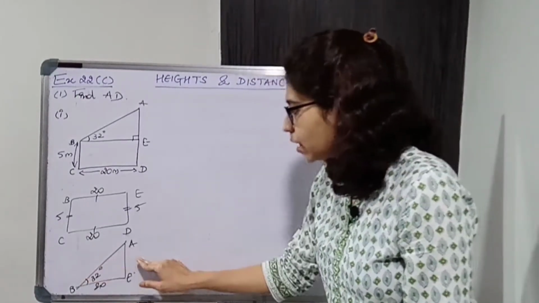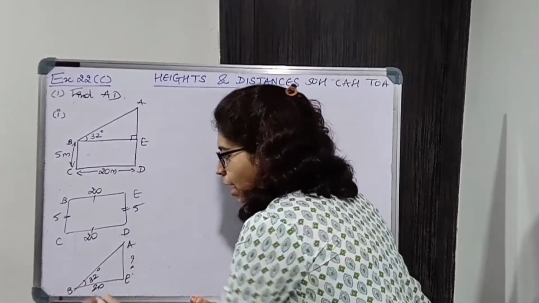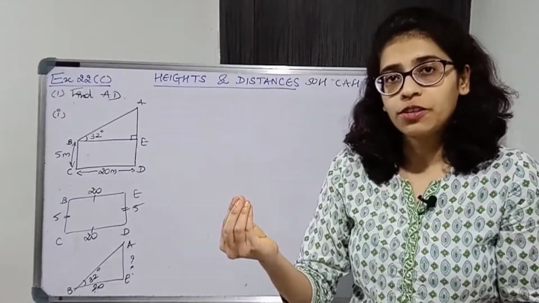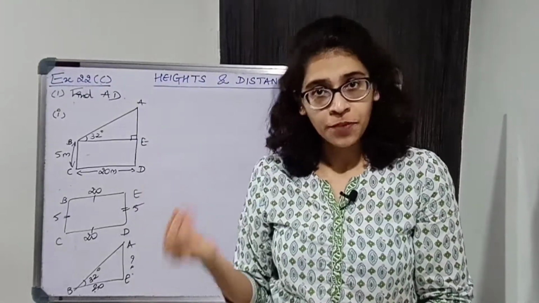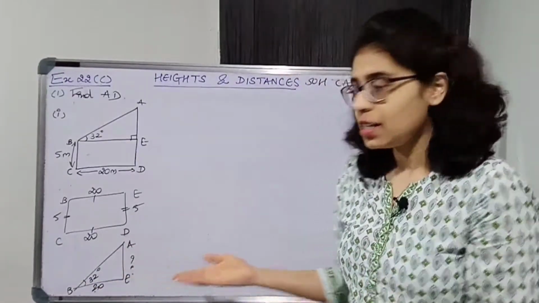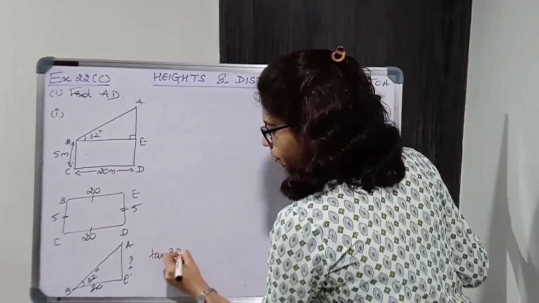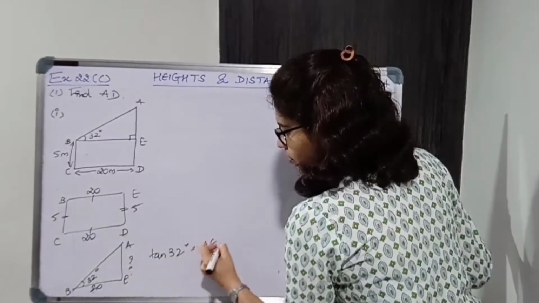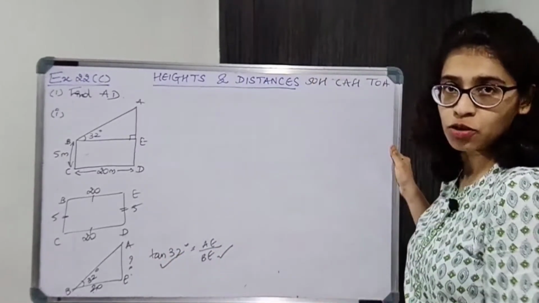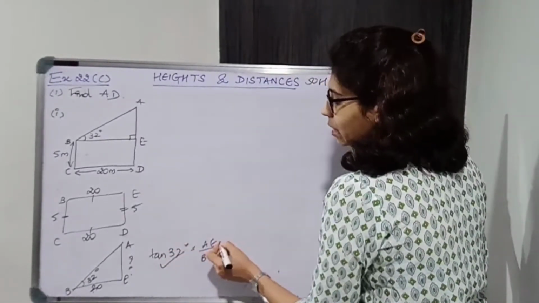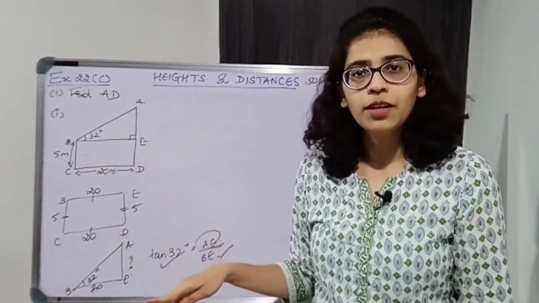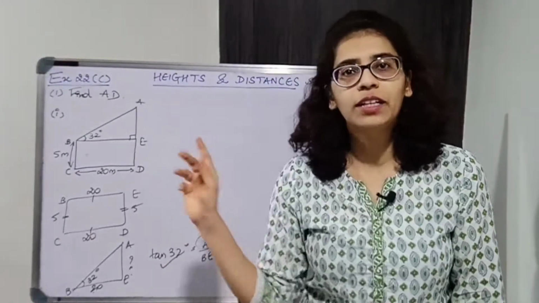Now we have to find the opposite of the angle and we know the adjacent. The relation between opposite and adjacent you get from which trigonometric ratio? You get it from tan. So tan of the angle gives opposite upon adjacent. So it's very easy. Tan 32 is equal to opposite upon adjacent. This we know. This you will get from the table, the natural tangents table. So just multiply and you will get the value of AE. So ED we get from the rectangle, AE we get from the triangle. Once you get the values, just add and you will get the value of AD.